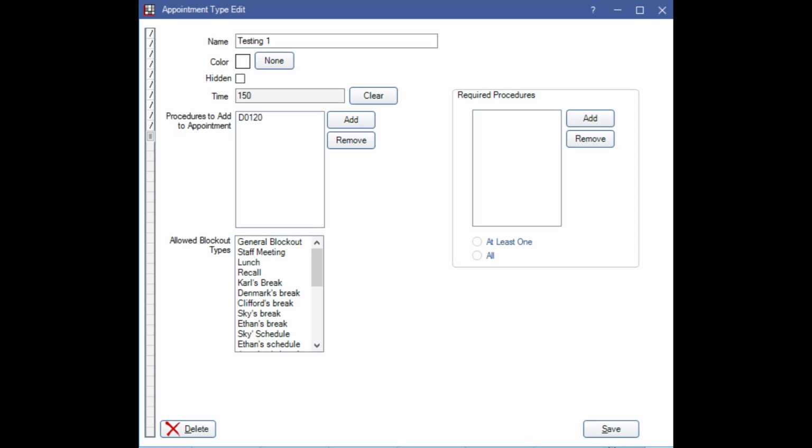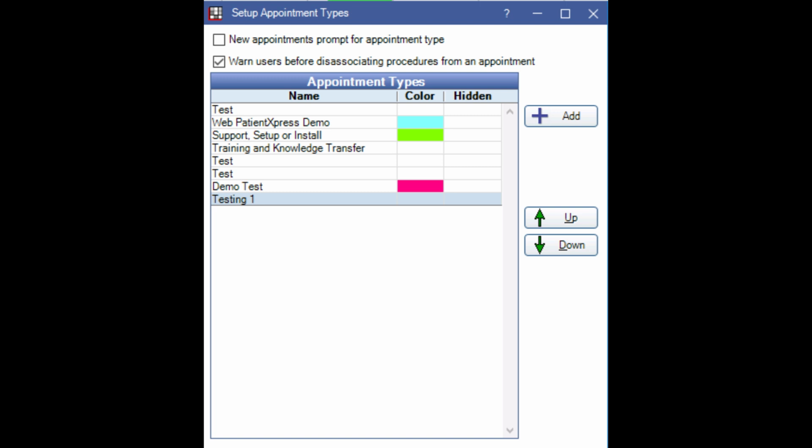This is how I set up mine. I use the time scroller on the left-hand side to set the time of the appointment regardless of the procedure added to this appointment. After hitting the Save button, it should now show the appointment we created on the Appointment Types page. With that being said, we can now go ahead and set up the online appointment booking page on